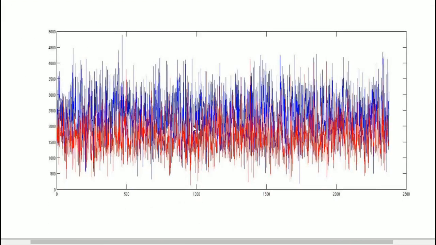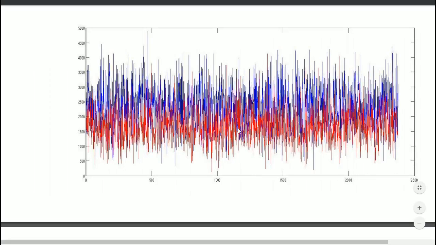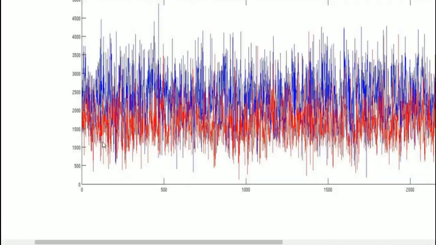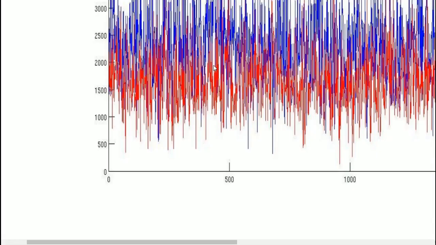So this is what the diagram looks like. You can see that on the bottom you have the red part, and on the top you have the blue part. So you can see that there are two distinguished parts. You can see that in general blue is above and red is below. You can see that sometimes here the blue is clearly below, and it's not great because our system works based on that. But unfortunately, that's one of our problems of our system, because sometimes it does not work, and that's pretty sad.